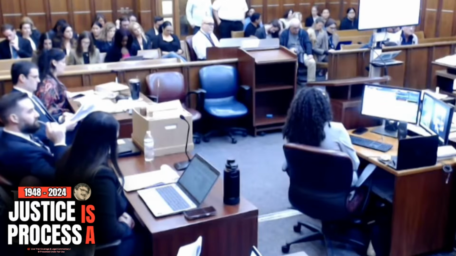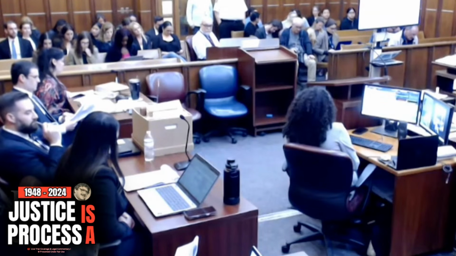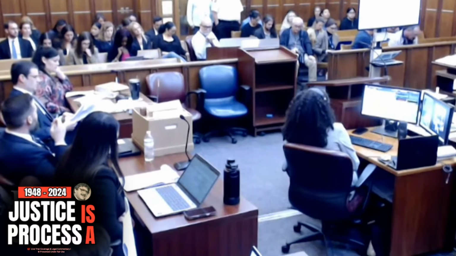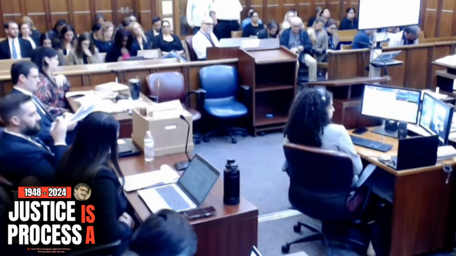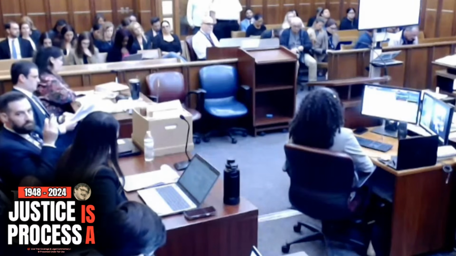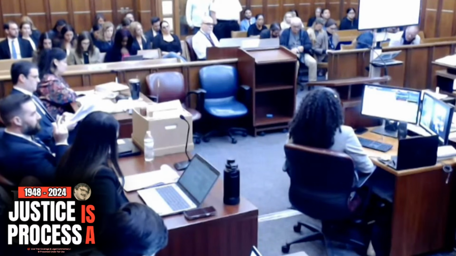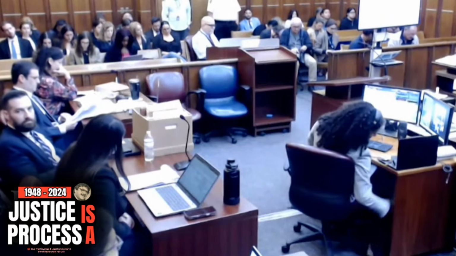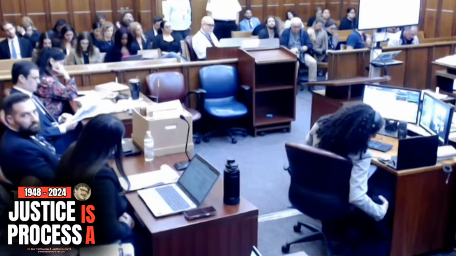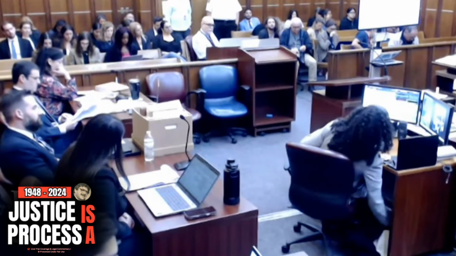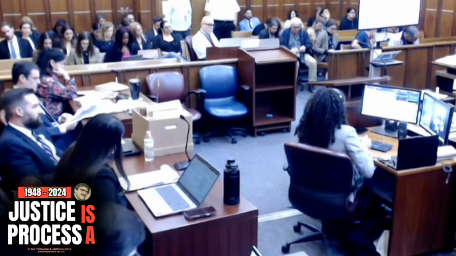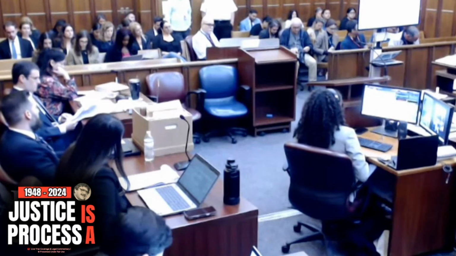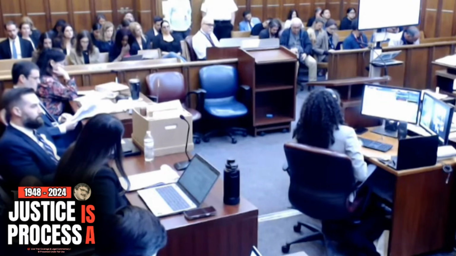The law on justifiable use of deadly force is as follows. The defendant was justified in using deadly force if she reasonably believed that such force was necessary to prevent A, imminent death or great bodily harm to herself or another, or B, the imminent commission of burglary or false imprisonment against her or another. If the defendant was not committing any crime other than the alleged second-degree murder or any lesser included crime for which the defendant is claiming self-defense or defense of others, and if she was in a place where she had a right to be, then the defendant had no duty to retreat before using deadly force.